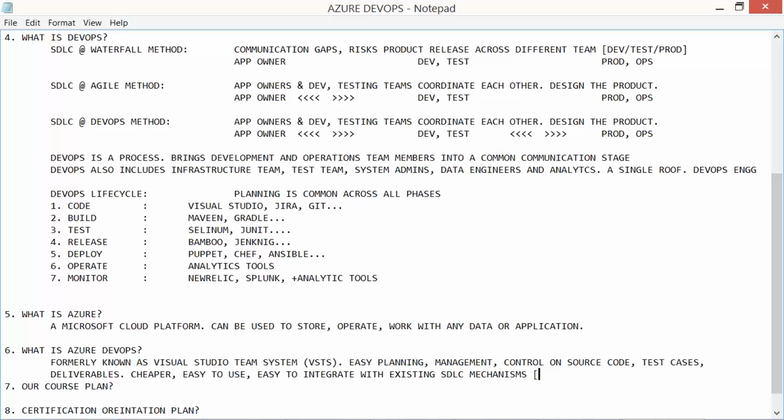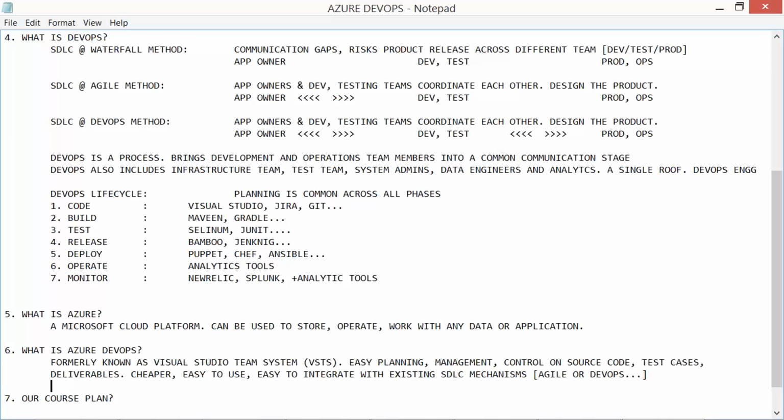It can be either agile or traditional DevOps, or anything. There are some third-party apps as well. But Azure DevOps is comparatively cheaper and more powerful. What does it actually contain?